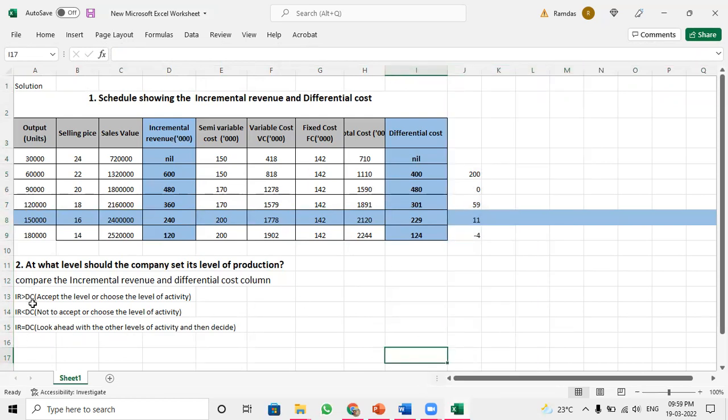So we have found a level where your incremental revenue is more than, so up to the level where your incremental revenue is greater than your differential cost, you can take it. So what is the number of units you can manufacture? It is suggestible for the company to increase the level of production as long as the incremental revenue is more than the differential cost. So at 1 lakh till 1,50,000, your incremental revenue is said to be more than the differential cost. So it is acceptable